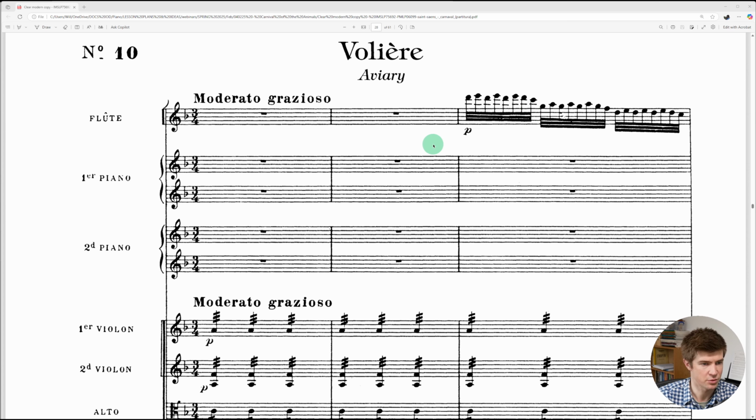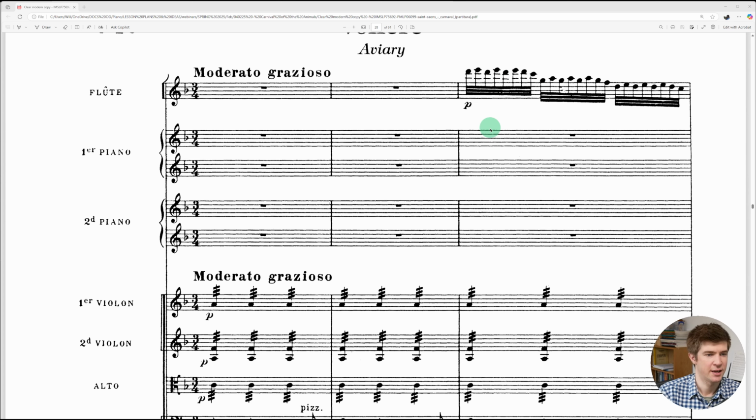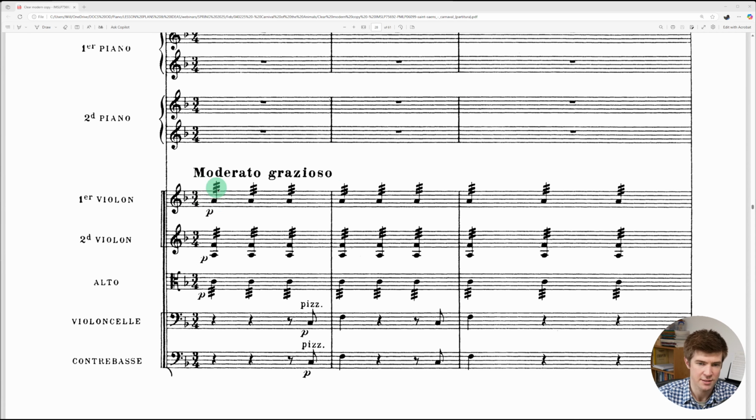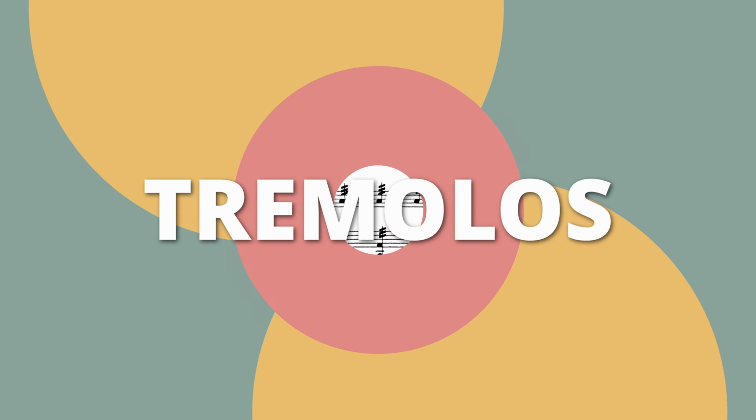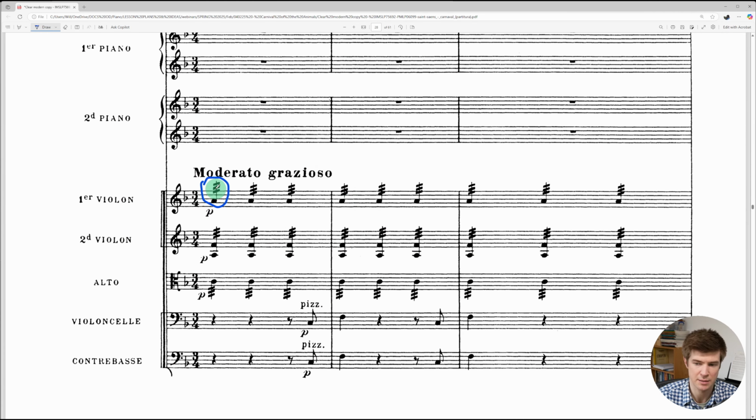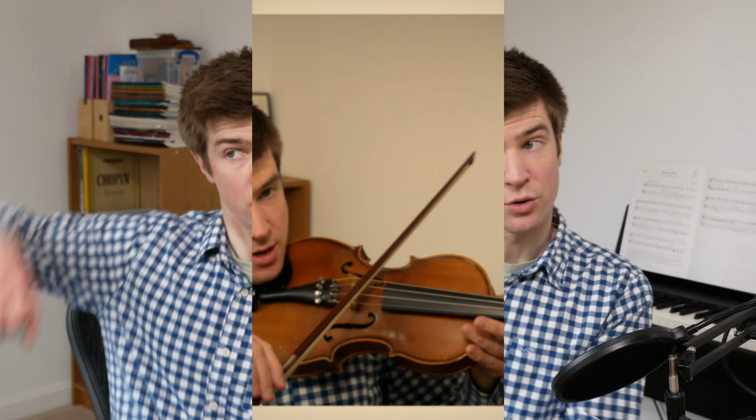So hang on, where have we got to? Thin texture, instruments that make it sound like a bird. We talked about the trills as well. We also pointed out these little things here, didn't we? Do you remember the signs here? Tremolos. So when you have these dashes going through the stem of the note here, it tells the performer to go